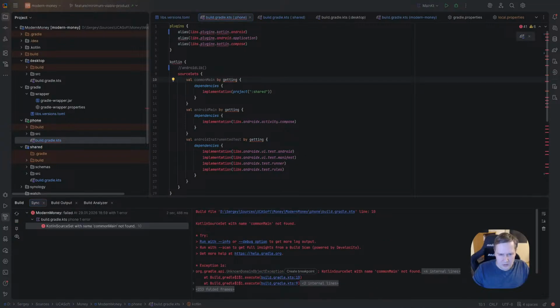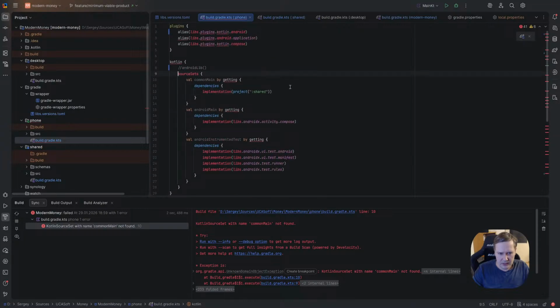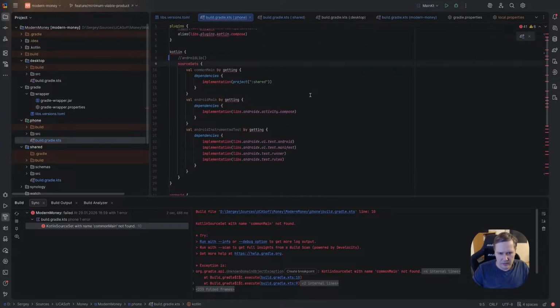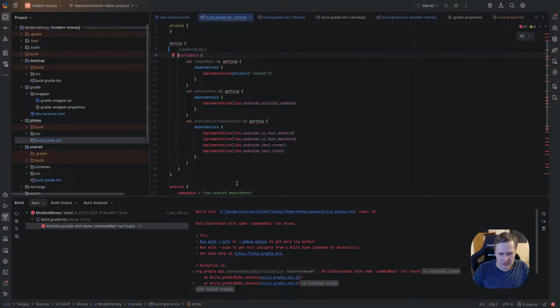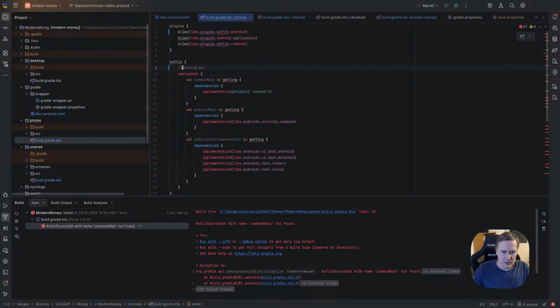Come on, mine. Okay, so it tells us we should not use this source set right now. It should be just dependencies. So inside Kotlin we don't have any more of it.